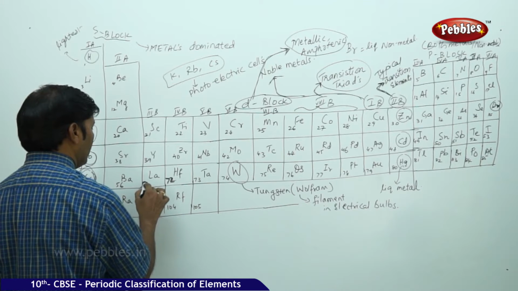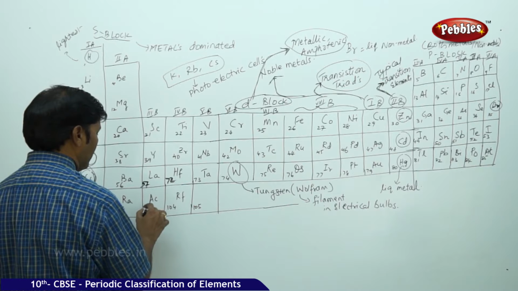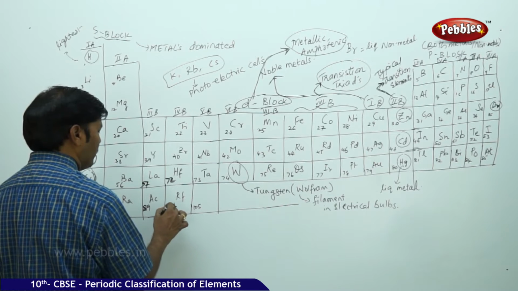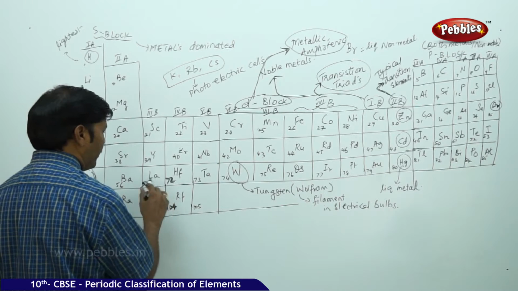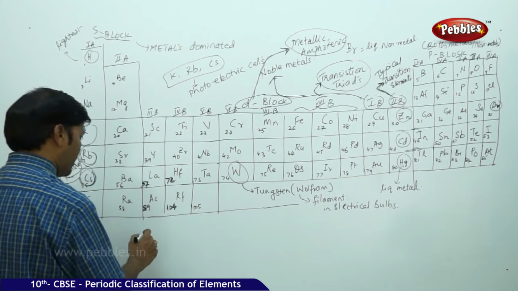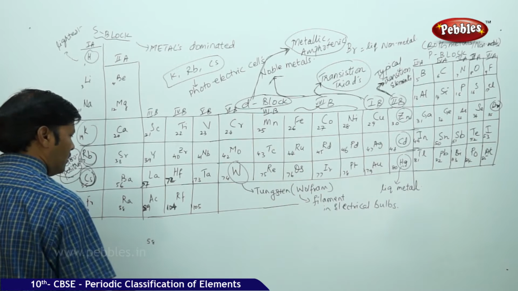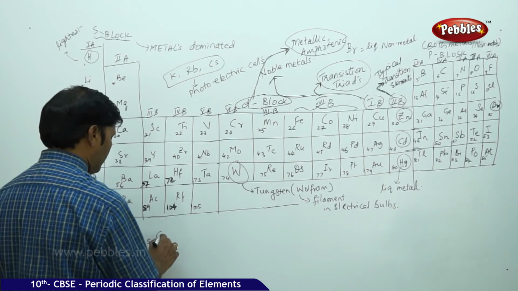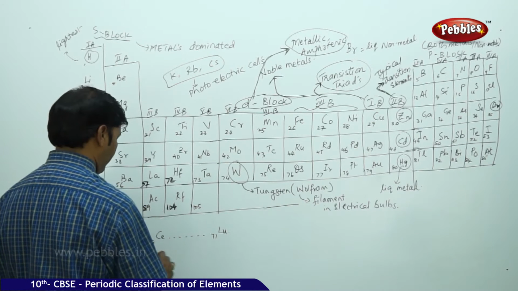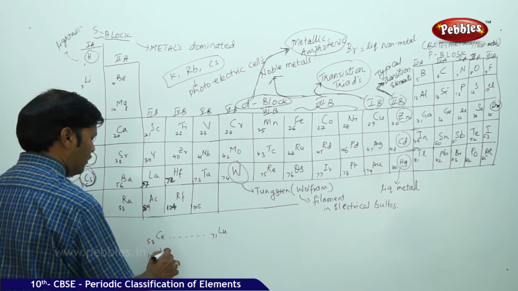57 is lanthanum. I'm just highlighting here. 57 is lanthanum. 89 is actinium. 104 is rutherfordium. So you can see a big break in between these two sets of elements. So you can take, that is, 58 cerium to 71 lutetium, and 103 lawrencium,